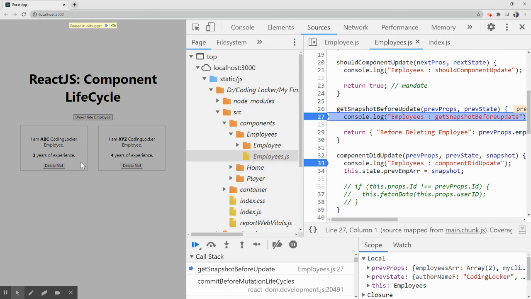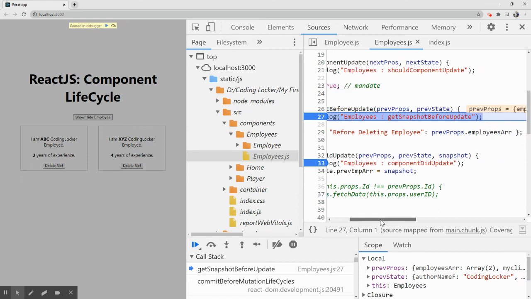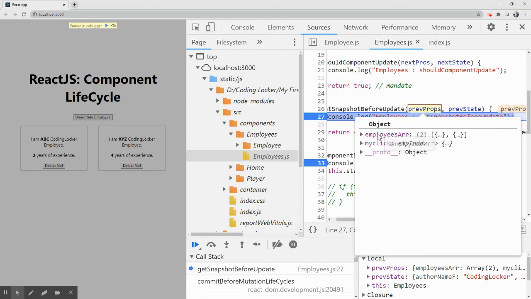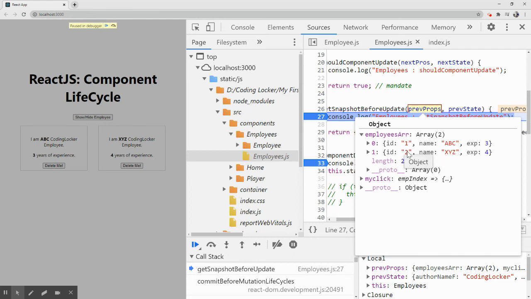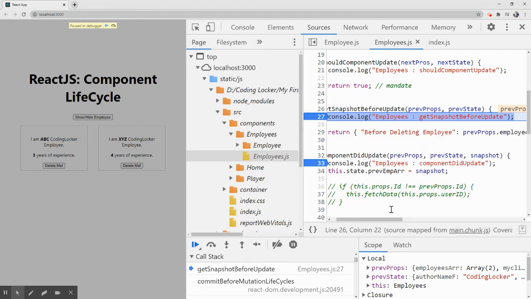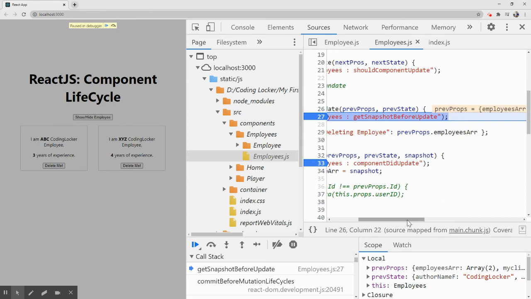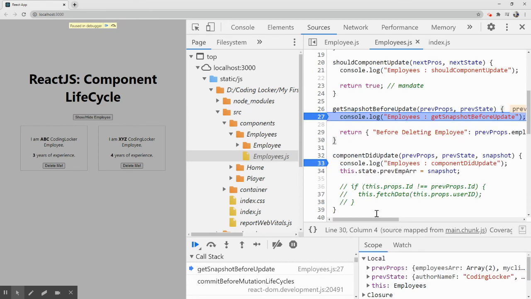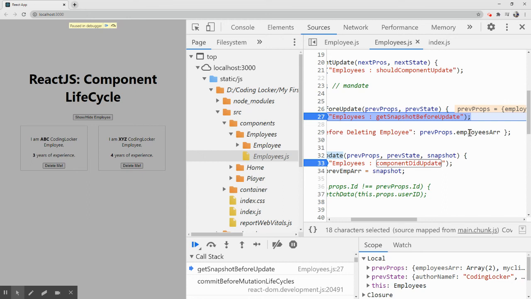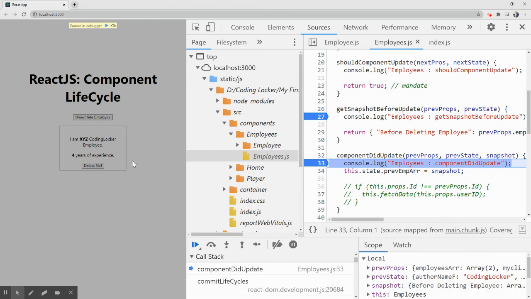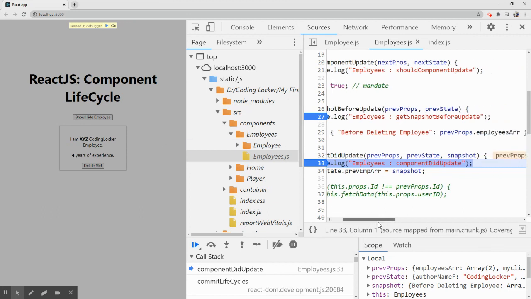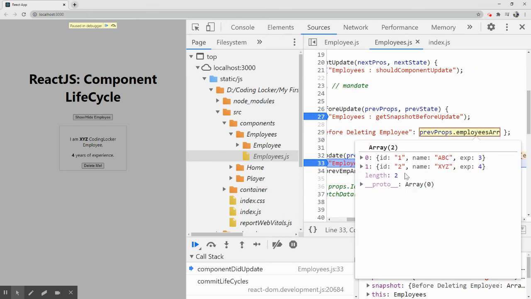So at this state, if you want to store any information from the previous props, let's suppose I have this array, employee 1 and 2, and I want to keep those values for any purpose, I can keep this and pass it as an object, as another property, to componentDidUpdate. So I have captured this employee array. Now I'm going to press F5, see what happened. This has been deleted from the UI. So you have lost the information, but we have not lost it, because we actually saved this information from the previous employee array in this method.